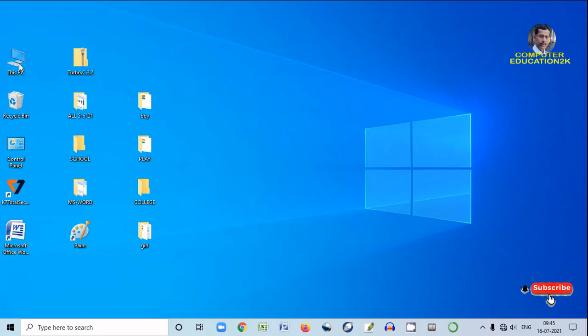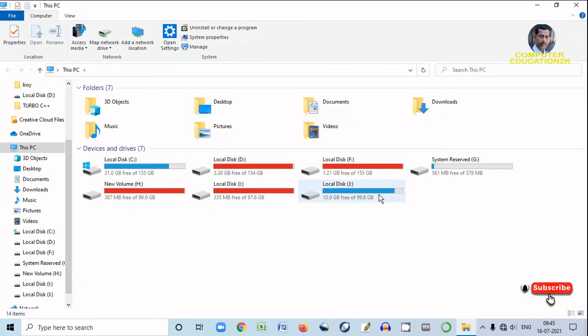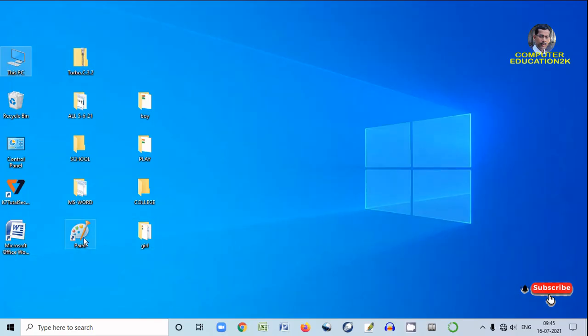Now you can see local disk C, local disk D, local disk F, then H, I, J and G. So these are the parts of the hard disk.